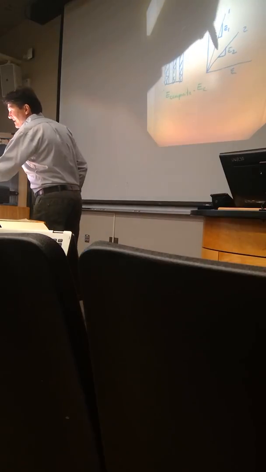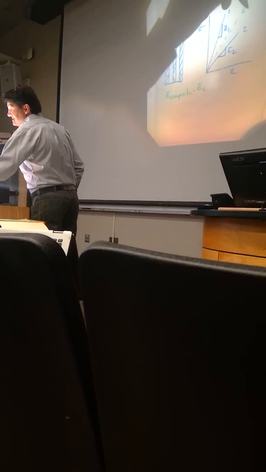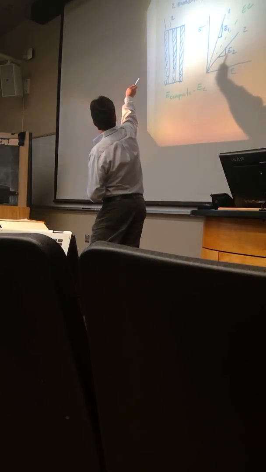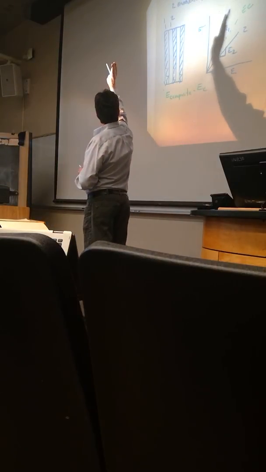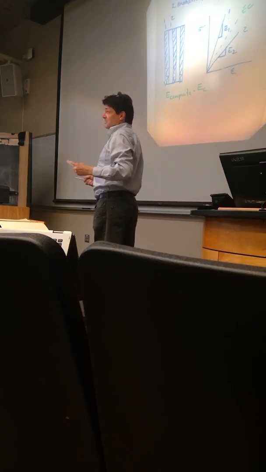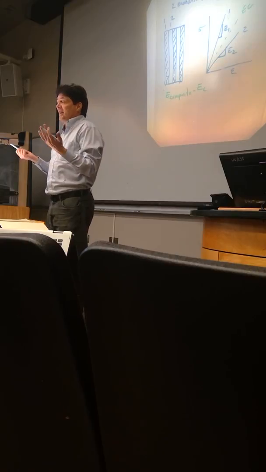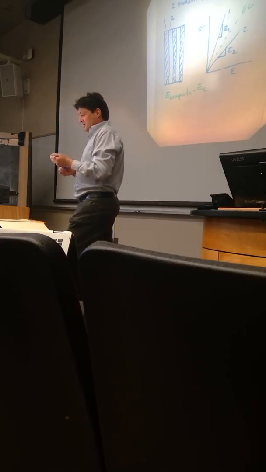If it was 100% 1, then E of composite would be here. If it was 100% 2, it would be there. So pretty much the elastic modulus has to fall somewhere in between the two of them. You know that. But you need to know